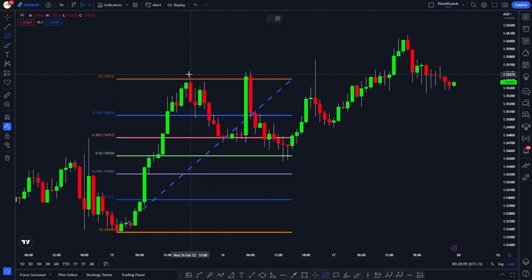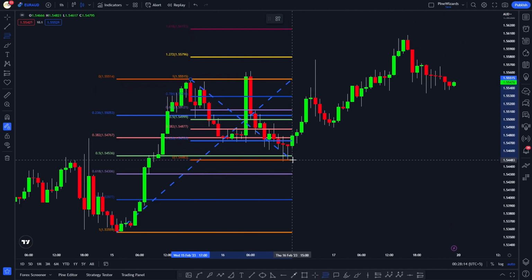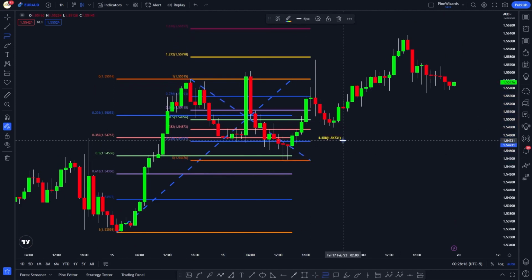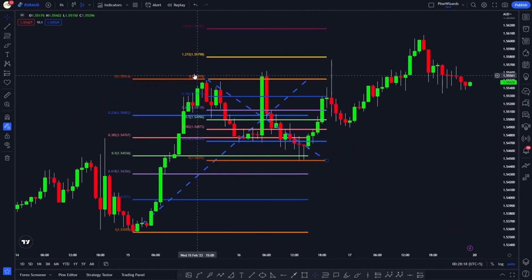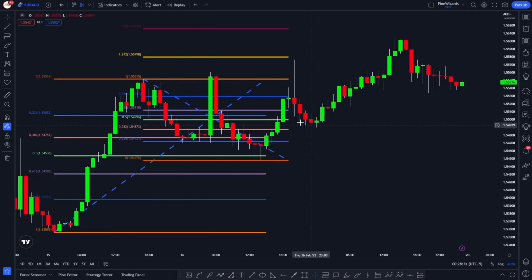For example, if I draw from here to here, from where the market started to retrace, then we can see that there are Fibonacci extensions after the 1. So we can use these Fibonacci extensions. For example, we can use this 1.618 level as our take profit, and if we take the entry here and put our stop loss here, as soon as the risk to reward ratio of 1:1 is met, then we can close our position or we can